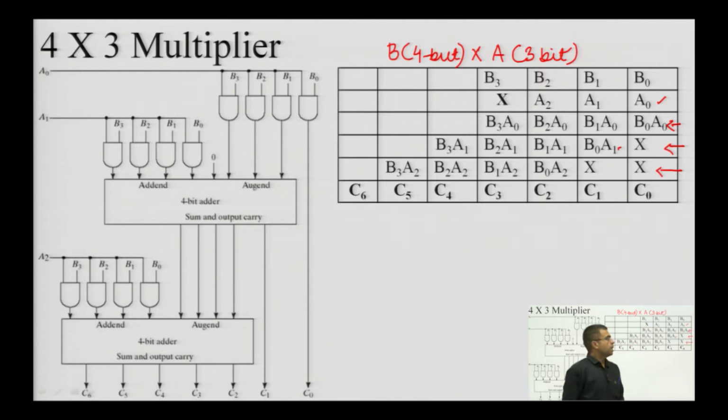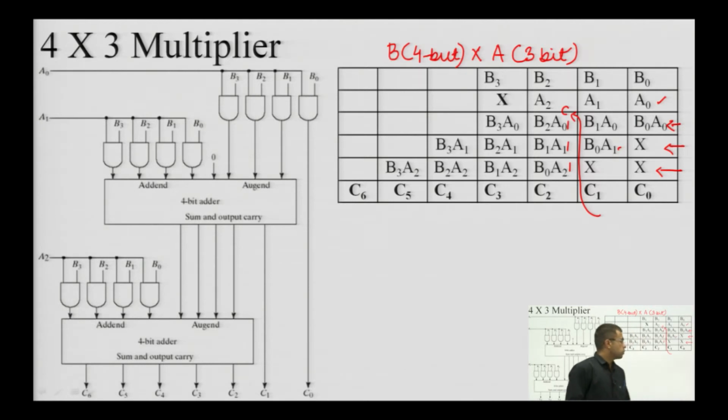Now, the thing is, while we will be adding these 3 rows, there will be sum and carry, but let us take an example, that there are 3 ones here and there is a carry as well from this stage. So, there will be 4 things which are to be added, but we have not studied any circuit which is capable of adding 4 bits simultaneously to provide sum and carry. Okay. So, we have to split this task of adding these 4 things or 3 things step by step by taking 2 things at a time.